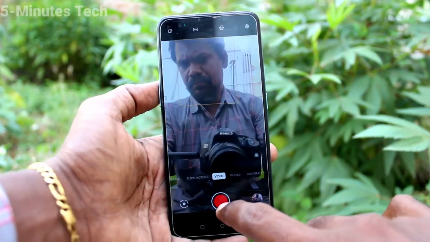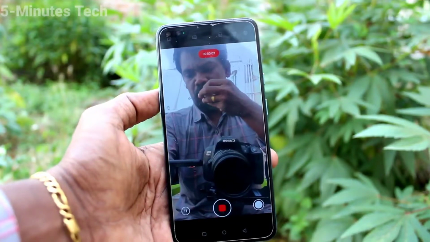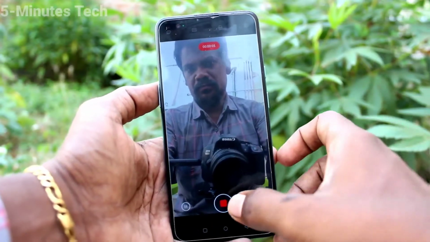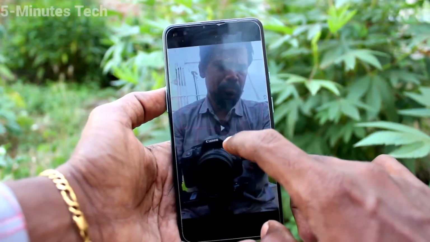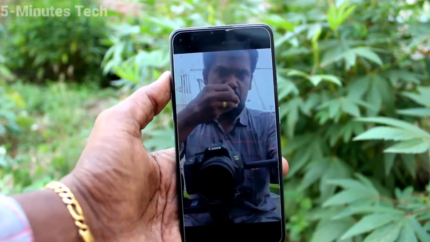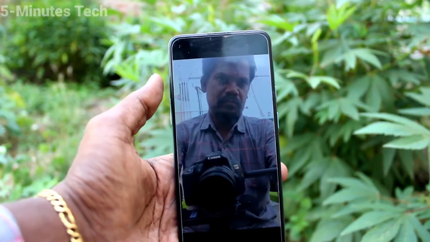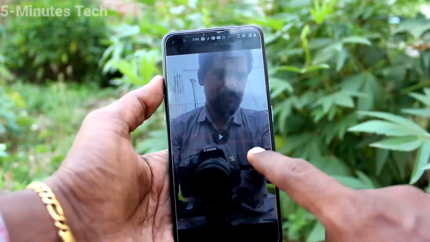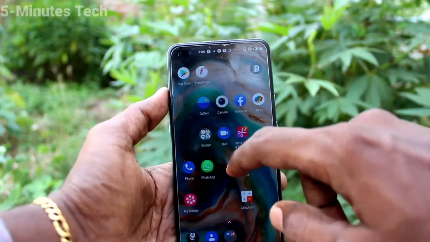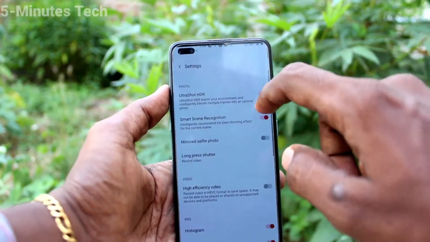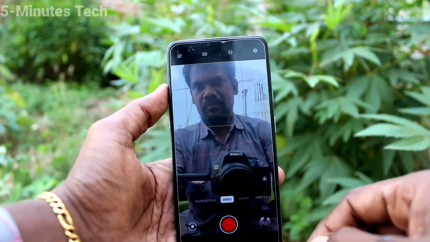For video, I check, I take a video and I show the action like eating, and see, the video is also recorded in the correct way. In the video it's showing on the right side. And again I go to the settings of the camera and turn on mirrored